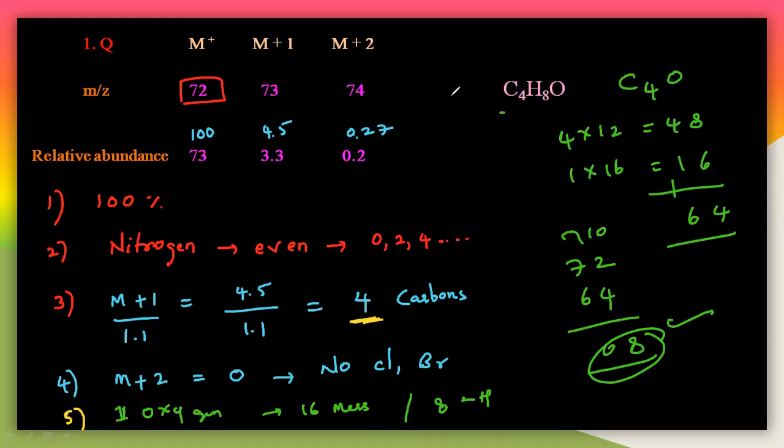So see here the final formula we have got now. See here, the final formula is this one. So this formula you have to see here, C4H8O. So this is the formula you have finally got here. So in this way I can find out the molecular formula for the particular sample here.